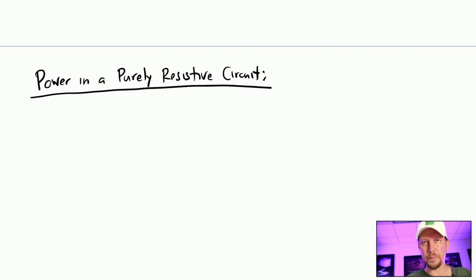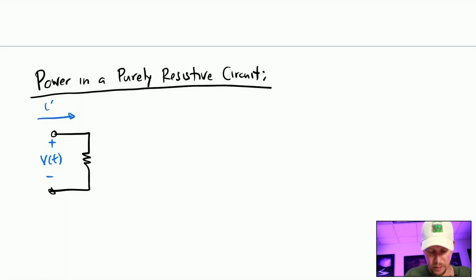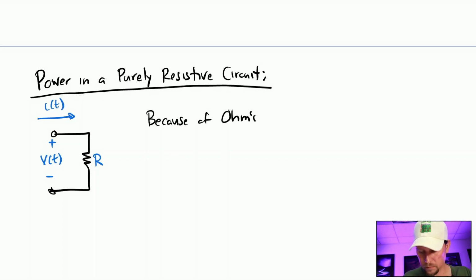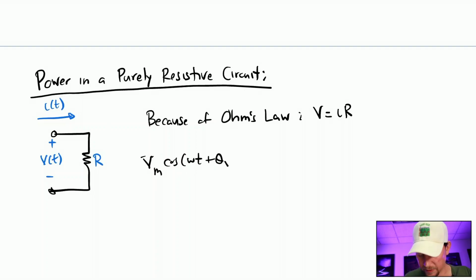The first thing to note is that for a purely resistive circuit, suppose that you had a resistor here. And if I place a sinusoidal voltage here, there's going to be a current drawn. It's going to be purely sinusoidal. And one thing for certain that we can say is because of Ohm's law, it still applies to time-dependent sources. And for the sinusoids,